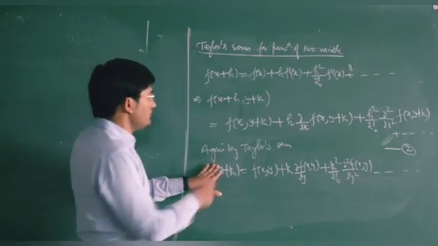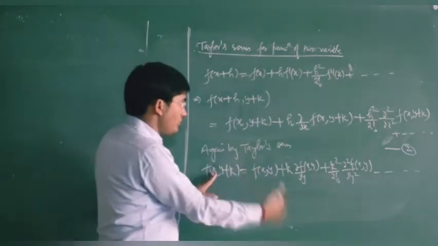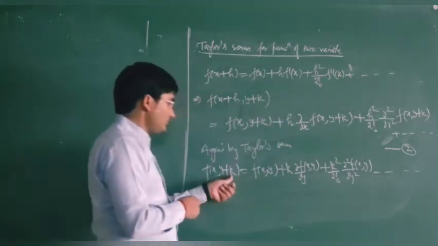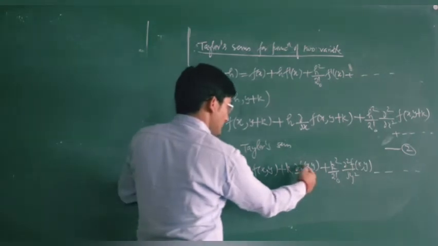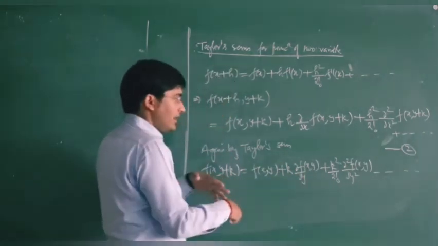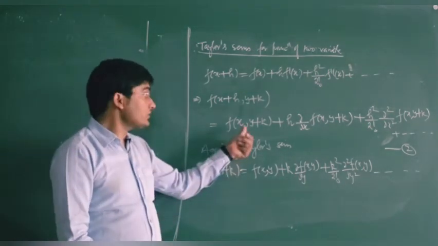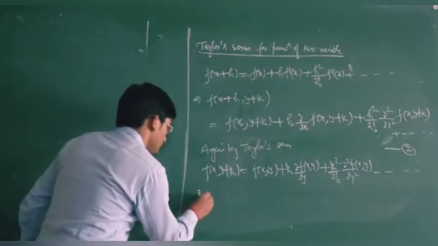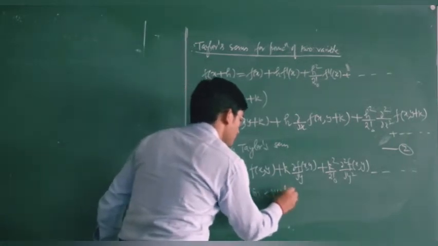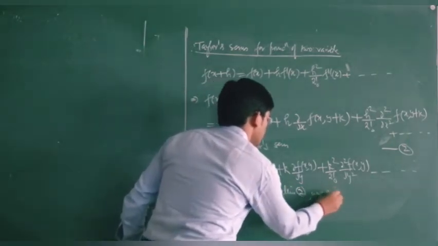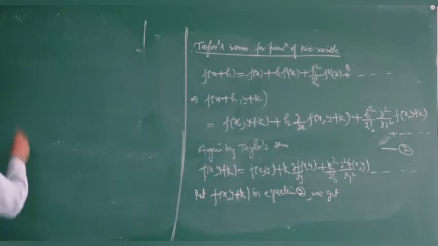So if x is constant, then we will get f of x comma y, then k times, because we have the increment k, we will have k times the differentiation with respect to y. So we will get del f by del y, then in the bracket we will have x comma y, and so on. Now let us put the value of f(x, y+k) in equation number 2. If we put these values here in equation number 1, then we will get